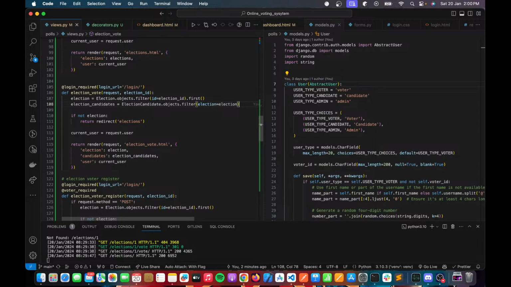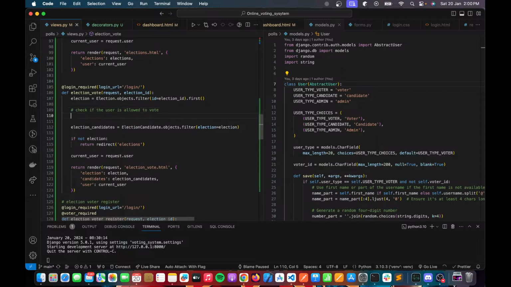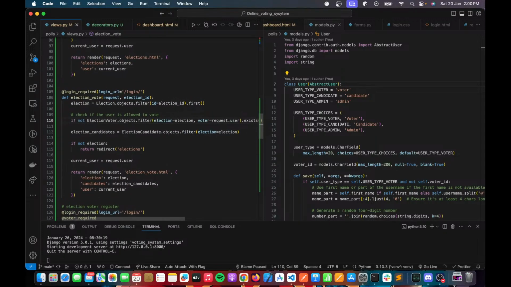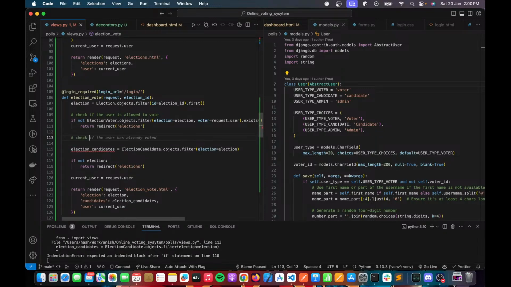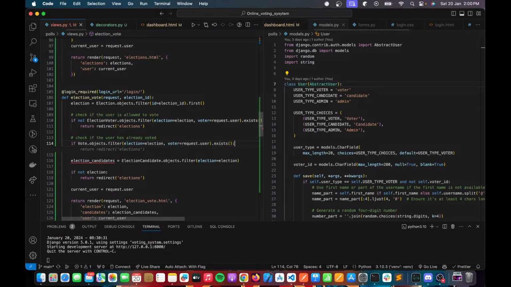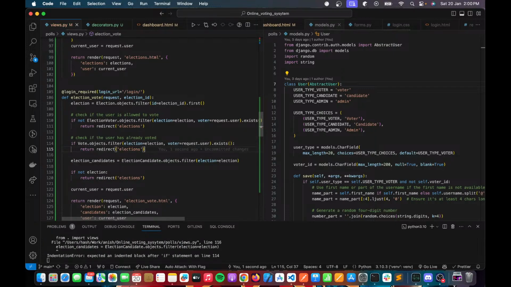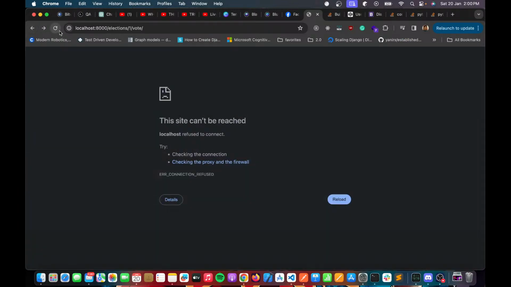Check if the user is allowed to vote. If not election voter exists, then it will go back to elections page. Check if the user has already voted. If vote already exists, then it will go back to elections page. So if I go back to this page and refresh,